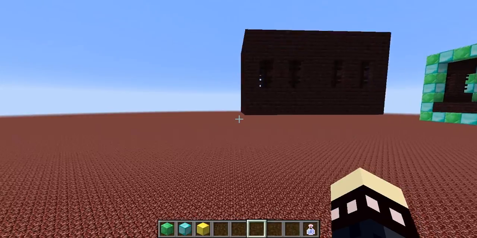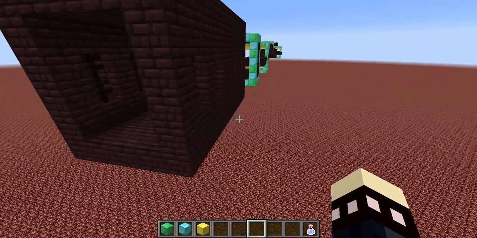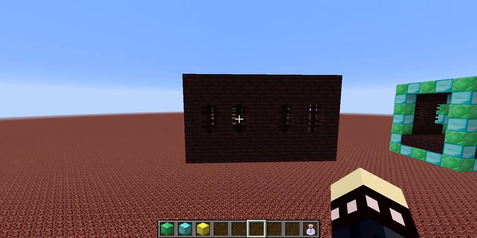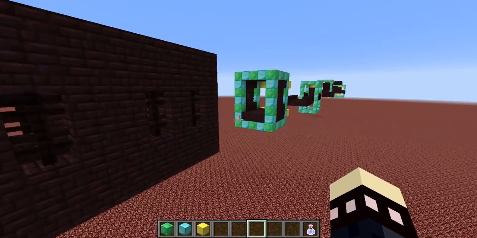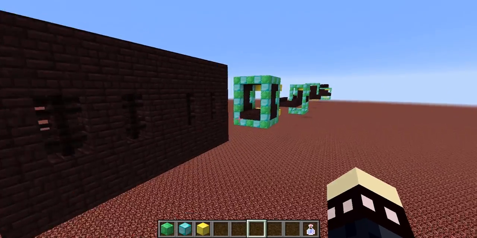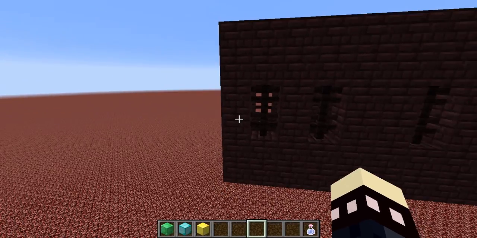You cannot recreate these and have wither skeletons spawn in them. The spawn area is based on where these different portions of a nether fortress spawn originally. So the fact that I have recreated these here, wither skeletons won't actually spawn in these because this is not